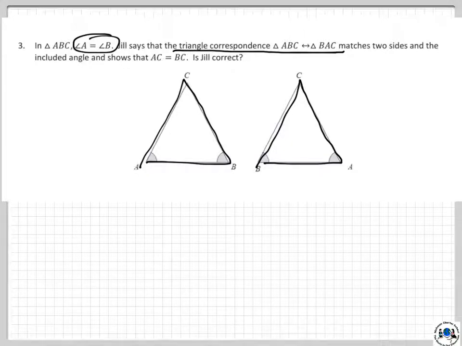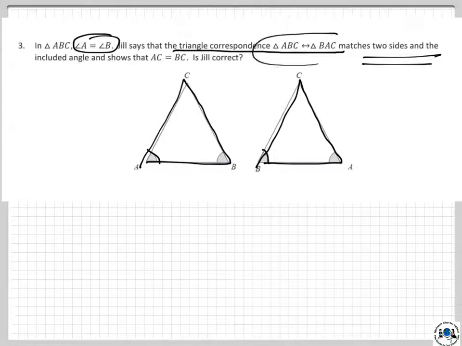Now she's saying it's the two sides and the included angle. So we have that angle and angle right there. If these are identical, then everything about them is going to be identical, which would mean that